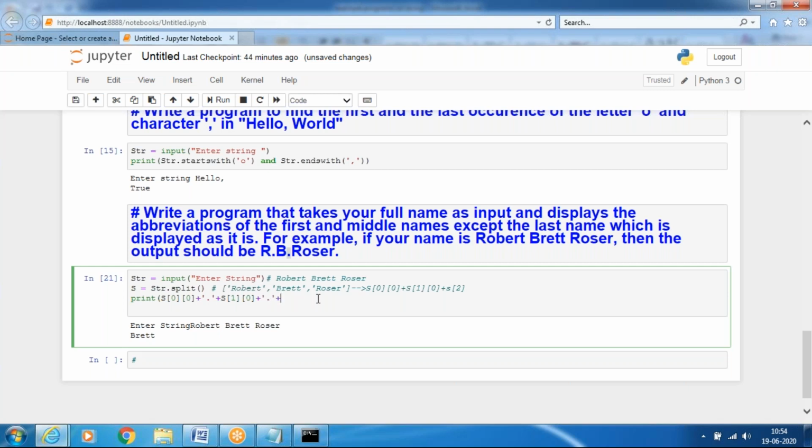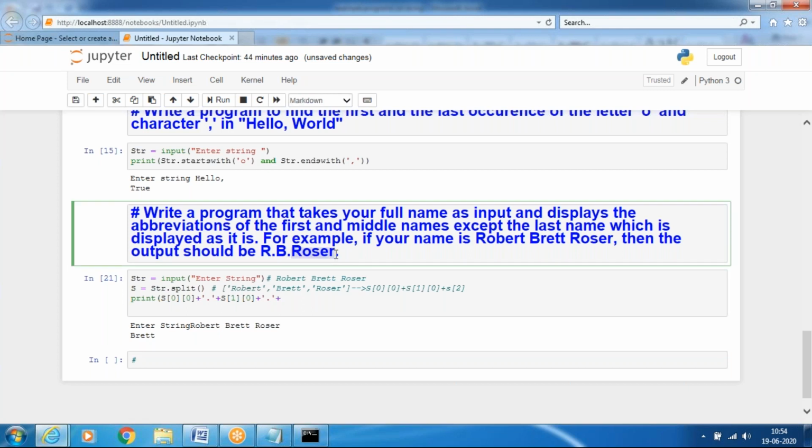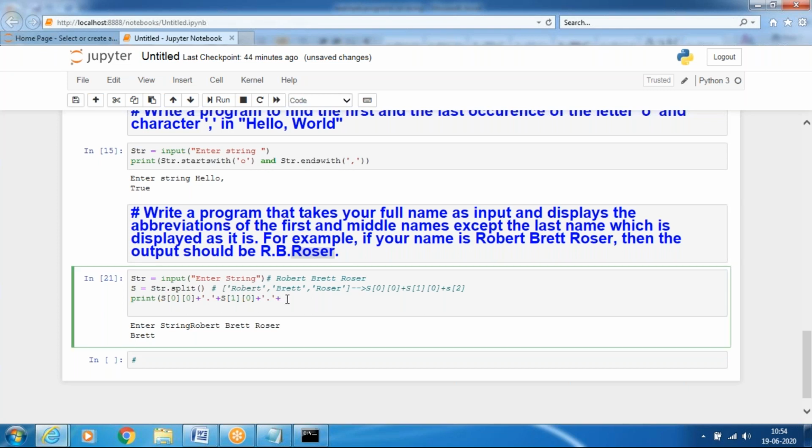Then after, I want to print the entire string, the entire Roser. So I will use Roser, meaning the second string, 0, 1, 2. After that, you want the dot, so you use the same concatenating quotation dot. And you will run this one.